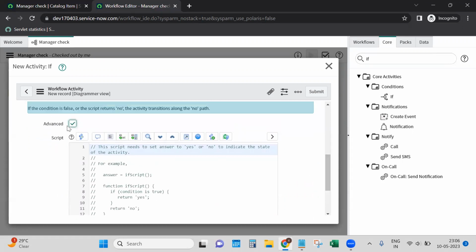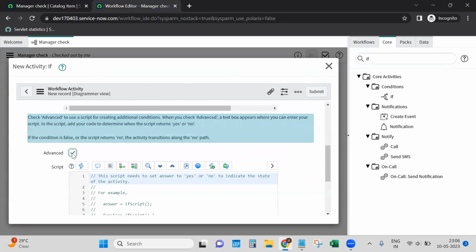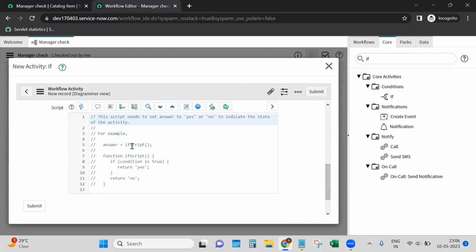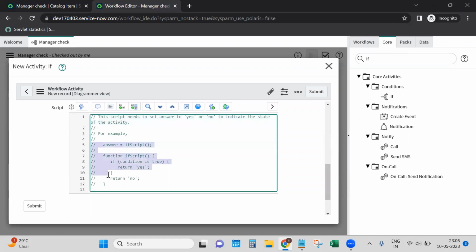So whenever we check this advanced checkbox, there would be some pre-populated examples here for our help. So select all the script from answer is equal to if script. Just uncomment these things. Okay. So what it means is go one by one, like line number 5, whatever answer we are getting from this if script,